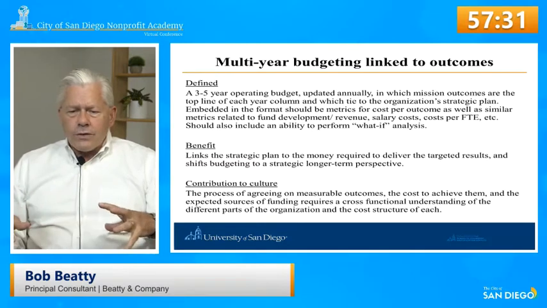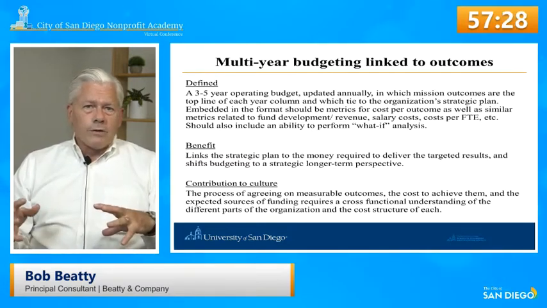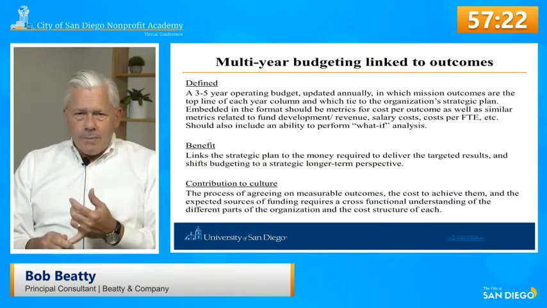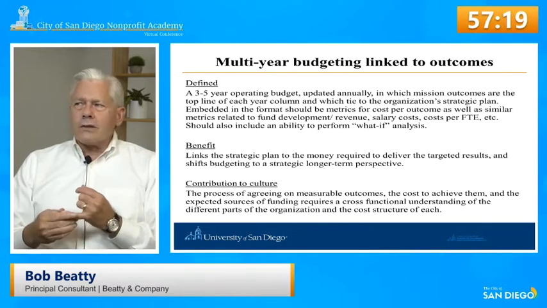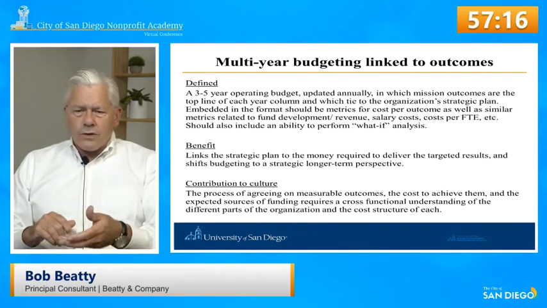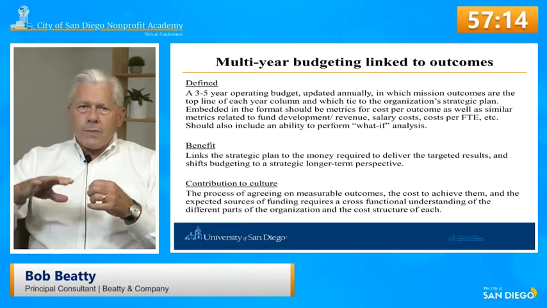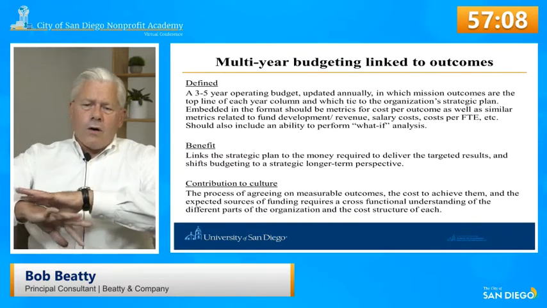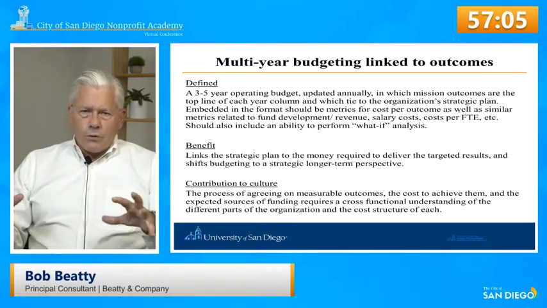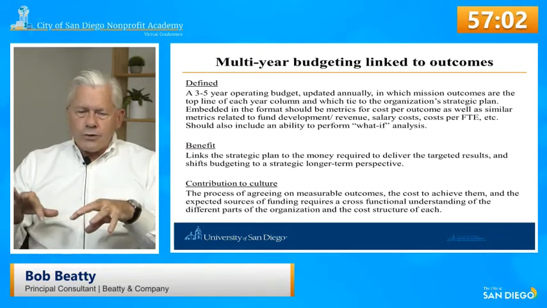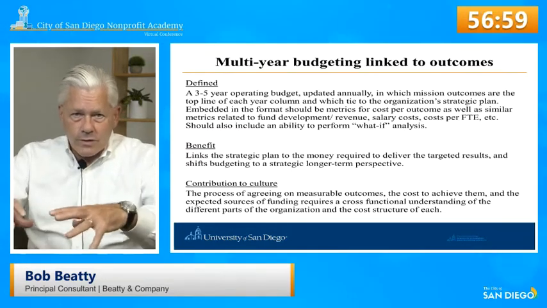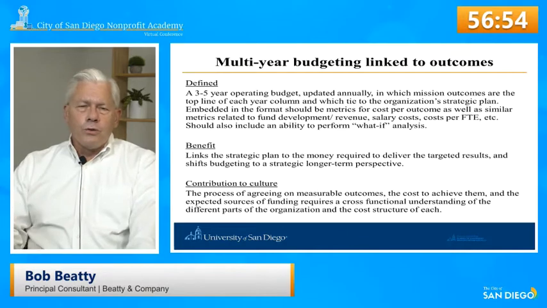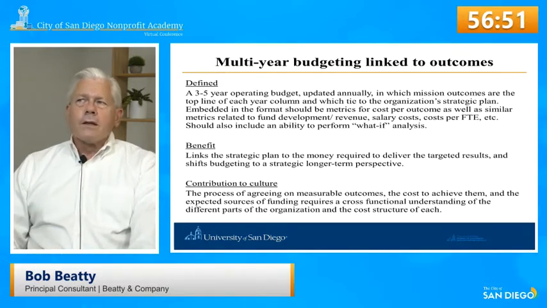As you work through this as a management team, and your board, to the extent you involve them in the nitty-gritty process, you have to agree on the measurable outcomes, which is a huge step and a huge process. You have to talk about what is the cost to achieve these, where the expected sources of funding are associated with achieving those. All those things require cross-functional, cross-departmental integration and understanding of how everything contributes to the success of the organization. So by doing this, it's just a huge piece in the puzzle, okay? So we can go on to the next slide.